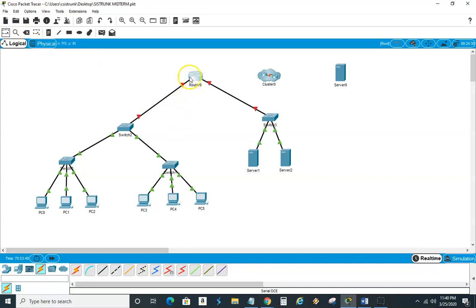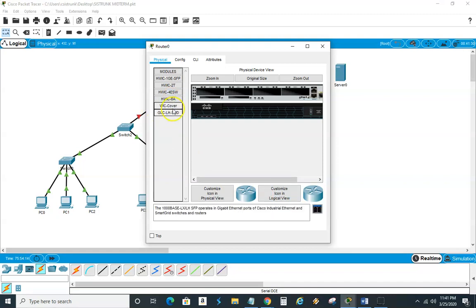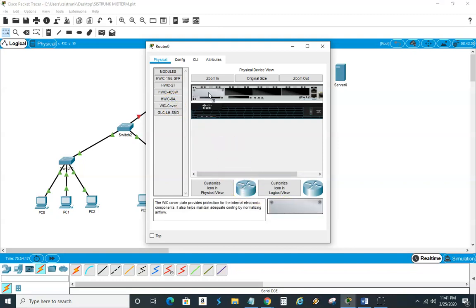Of course you can. I have to go into this router right here, and remember I got the 2900, but I have to put an access card in here, which is going to be a serial card. Now, if you look down here, we got multiple serial cards. We got this first one here. We got this one here. This is normally what I choose, HWIC-2T. That's normally the standard serial card I choose. And you got these ports here. I like to throw some extra gigabit ports in there, and all these different serial ports, and then we actually got a plate. So I'm going to put the plate in there, and I'm going to cover up a few things that I don't need.